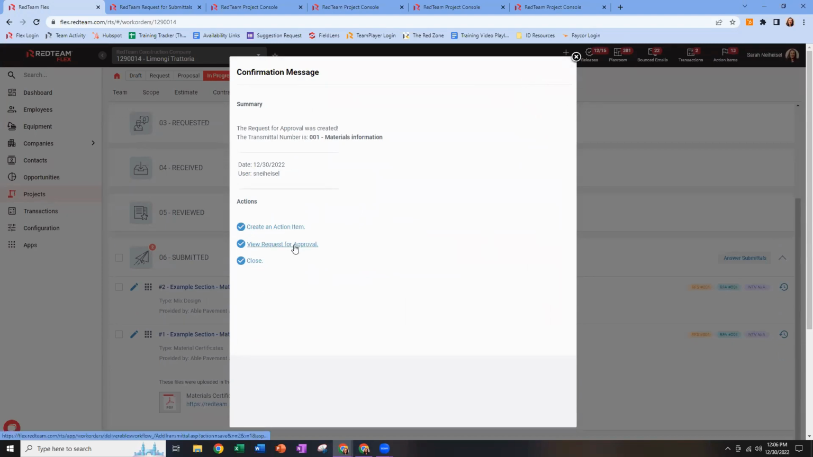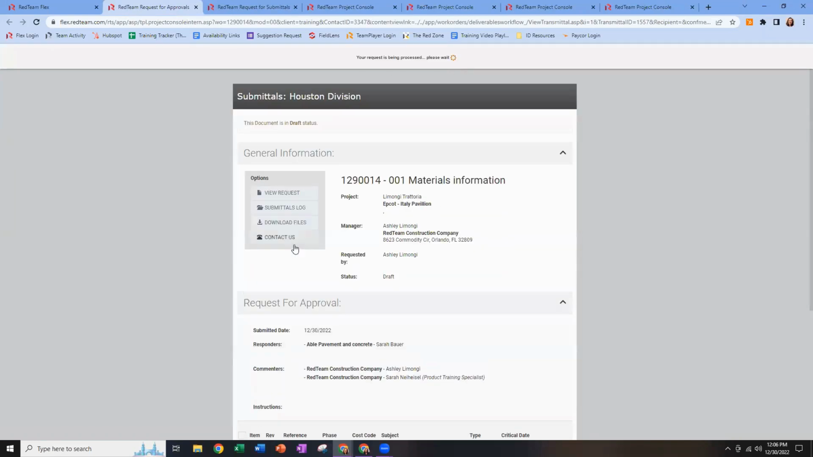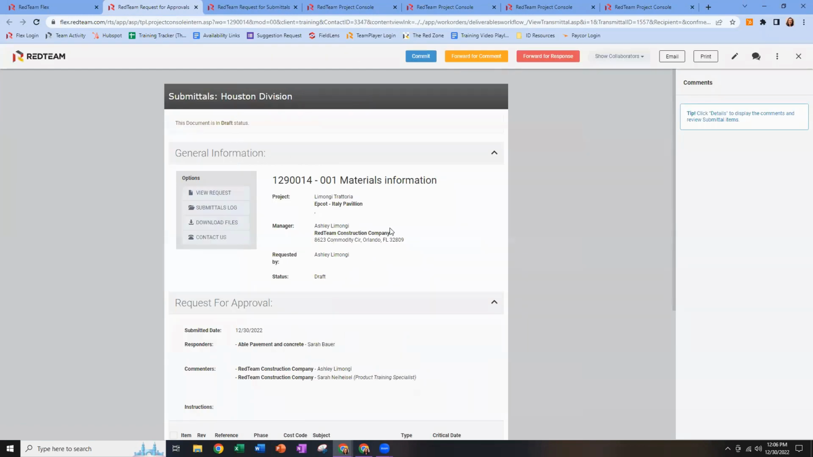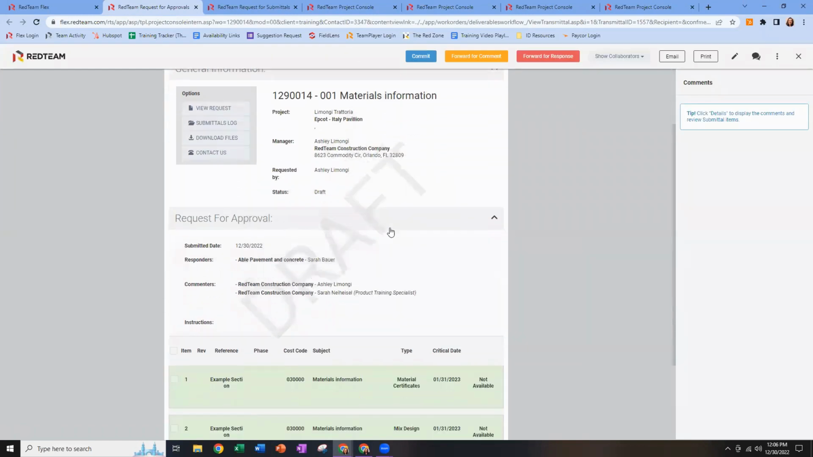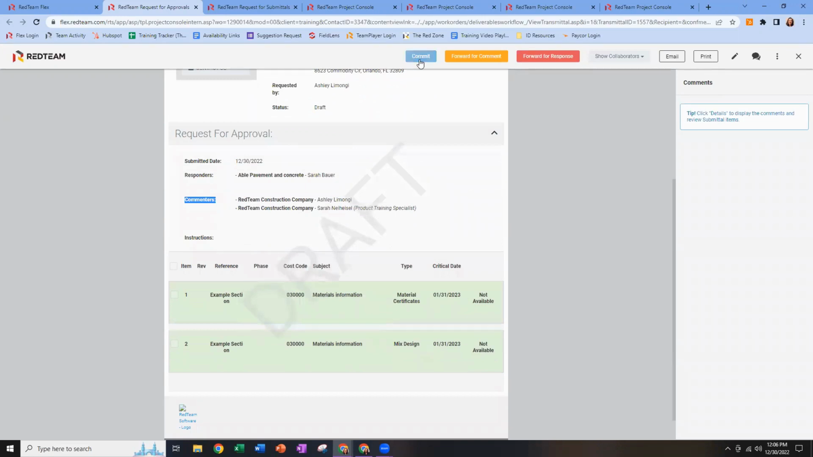We just want to view it and make sure it looks good before we send it out. So here's that email that we're going to be sending out. It's got the basic project information up top. It has who is a responder and who's a commenter, right? So our approver is up there as a responder. Commenters know that they can just weigh in. And as I go ahead and commit this, if I don't need to make any edits,